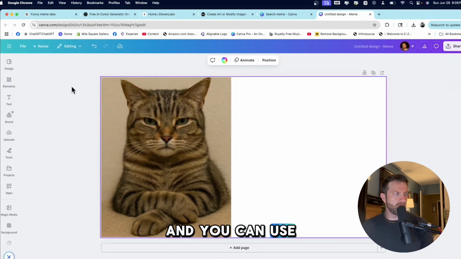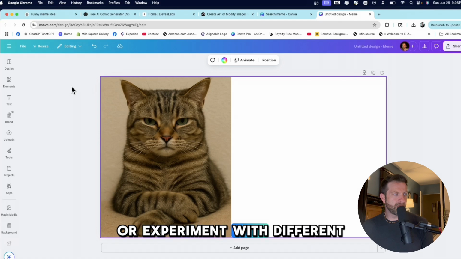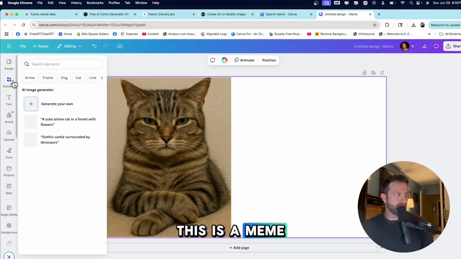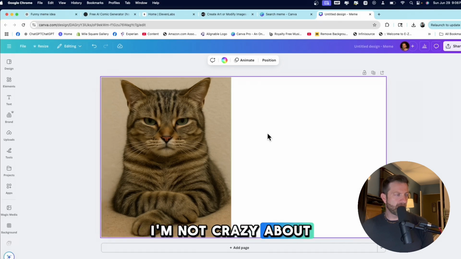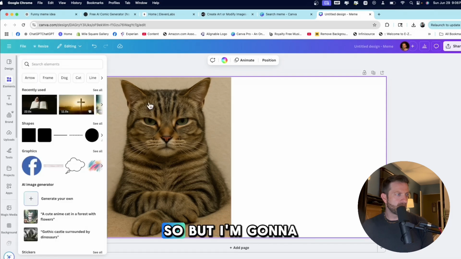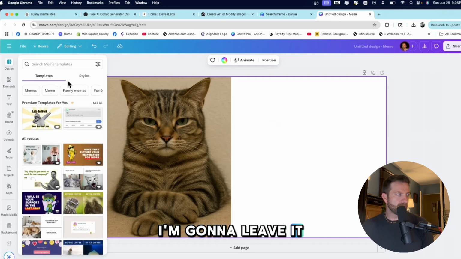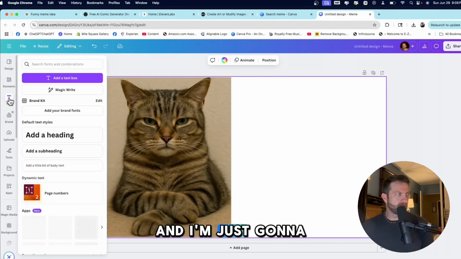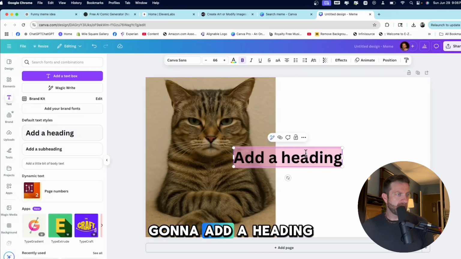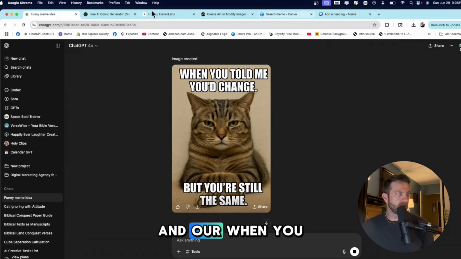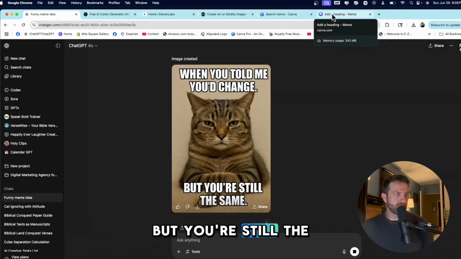All right, and you can use or experiment with different templates. This is a meme template. Not crazy about this layout, but I'm going to leave it for now, and I'm just going to add text. I'm going to add a heading and when you told me you change, but you're still the same. Okay,